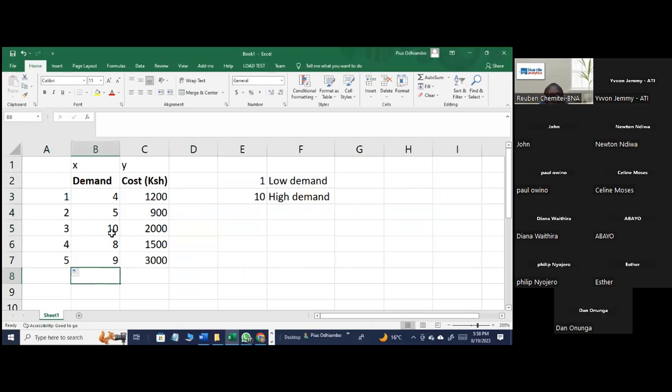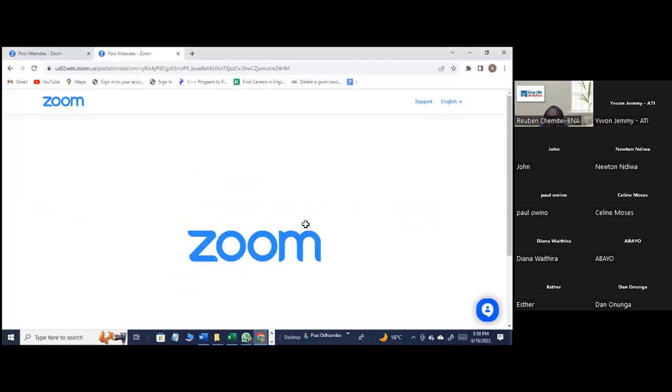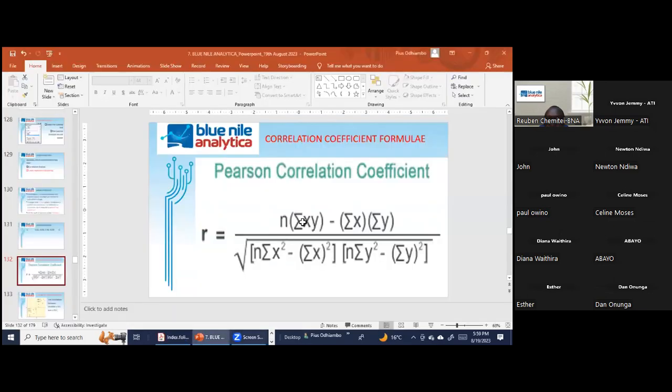If I was to number these numbers, data point number 1 is 4 and 1200. Then data point number 2 is 5. So it means that the value of n will be 5. And therefore here, you get to subtract the other component of the formula: the summation of x alone times the summation of y alone, then you get the product. Okay, and then you divide that by,